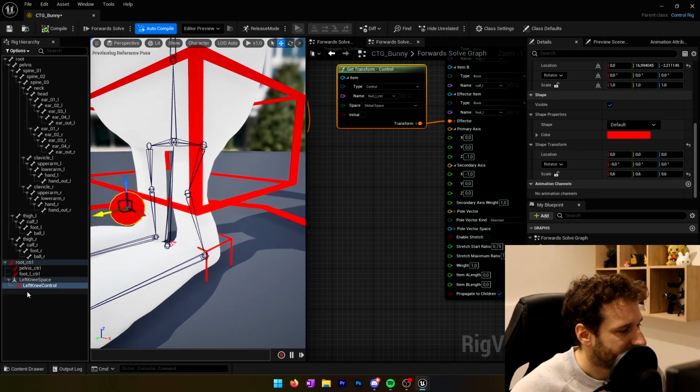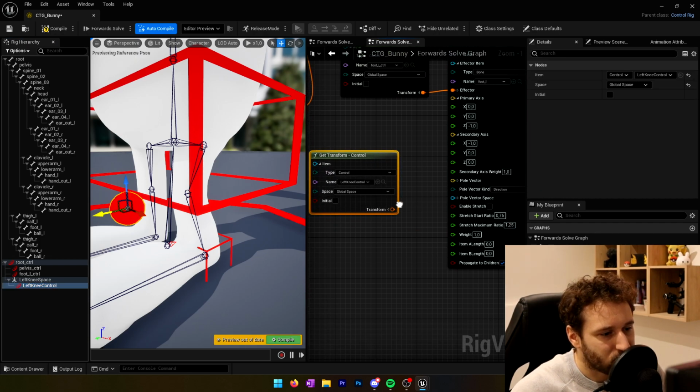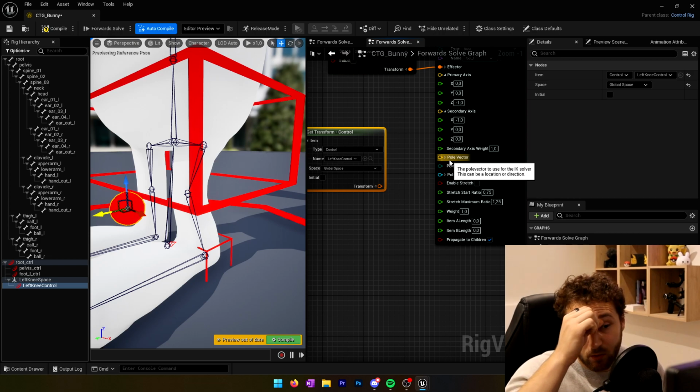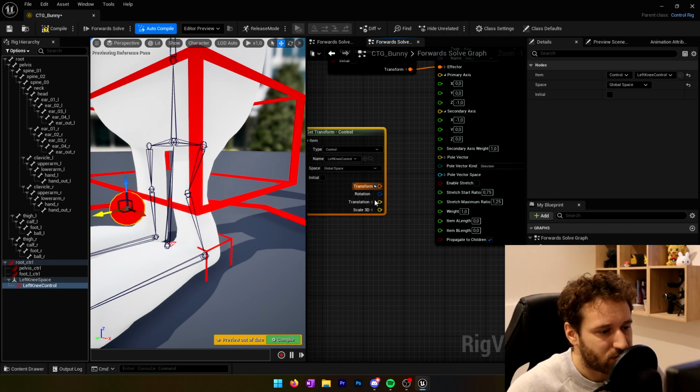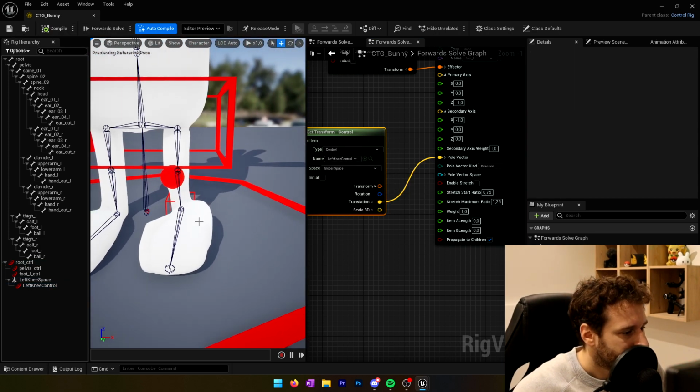And now we can use this knee control for our pole vector. So we'll get the control, and for the pole vector, we actually need a vector. So we'll open the transform and use the translation. We'll compile and save. And now we can see